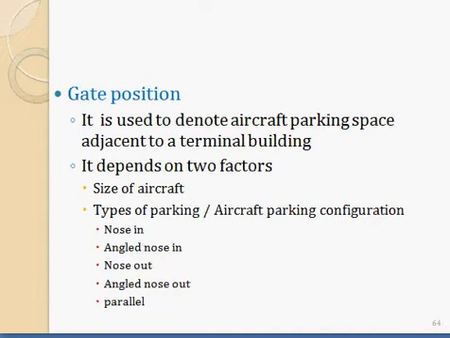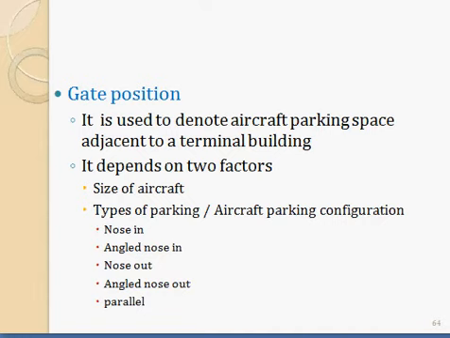It means we are having length of the aircraft, we are having tail width, wingspan, etc. So those things will be affecting what is the area that is to be reserved for each aircraft. If you are having large aircraft, you have to provide a larger area as gate position. So in an apron, the number of gate positions will be less. So that is one factor, the size of the aircraft. So for bigger aircraft, you have to provide a larger area. Next is type of parking or aircraft parking configuration.